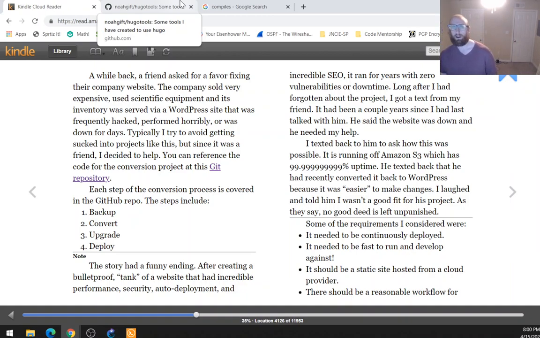Long after I had forgotten about the project, I got a text from my friend. It had been a couple years since I had last talked with him. He said the website was down and he needed my help. I texted back to him to ask how this was possible. It is running off Amazon S3, which has